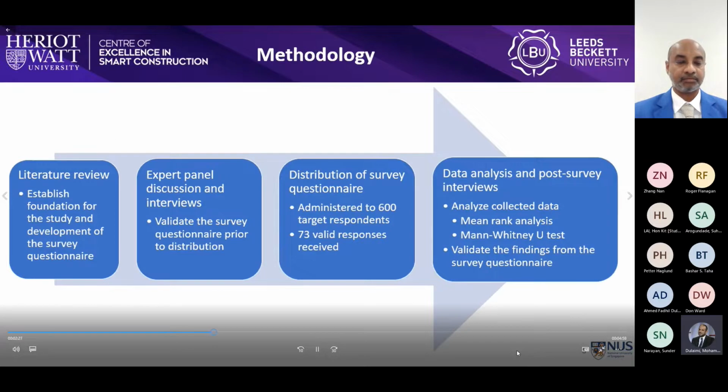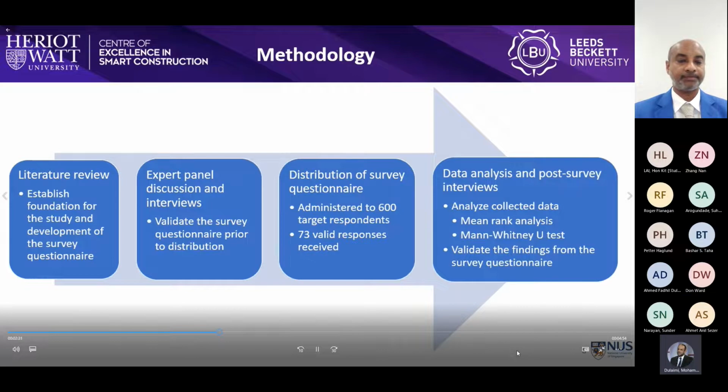And to achieve the objectives of this study, the following research approach has been undertaken. First, a literature review was conducted, followed by expert panel interviews to enrich the findings of the literature review and to validate the developed survey questionnaire. And the survey questionnaire was then distributed to the target respondents, with 73 valid responses received. The collected data is then analyzed using mean rank analysis and Mann-Whitney U test and validated through post-survey interviews in